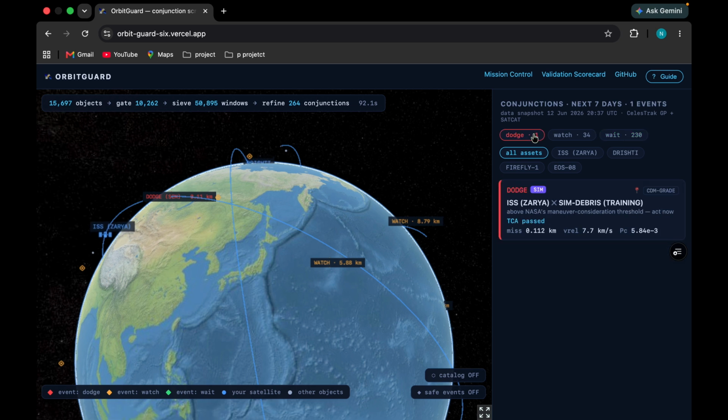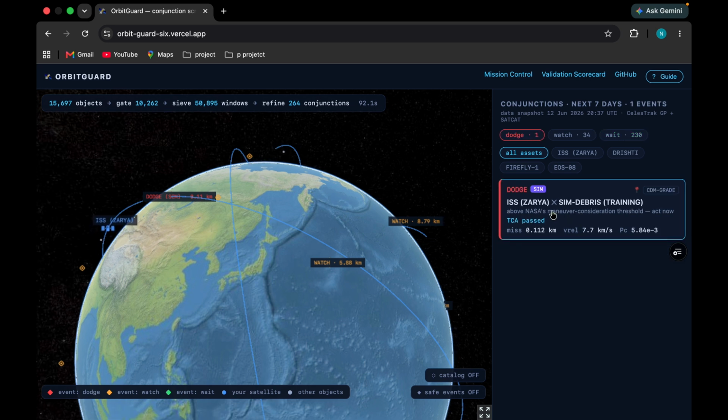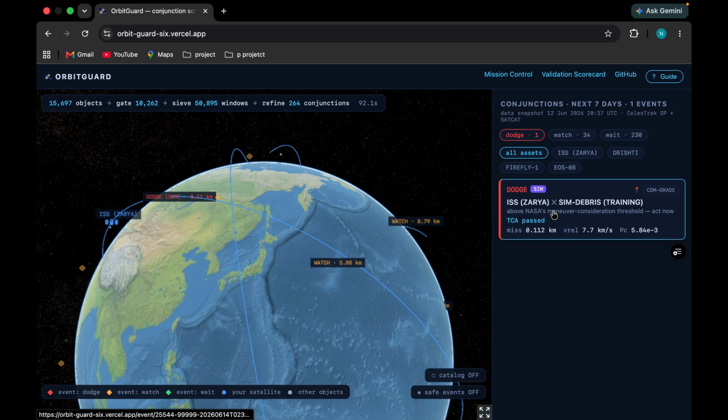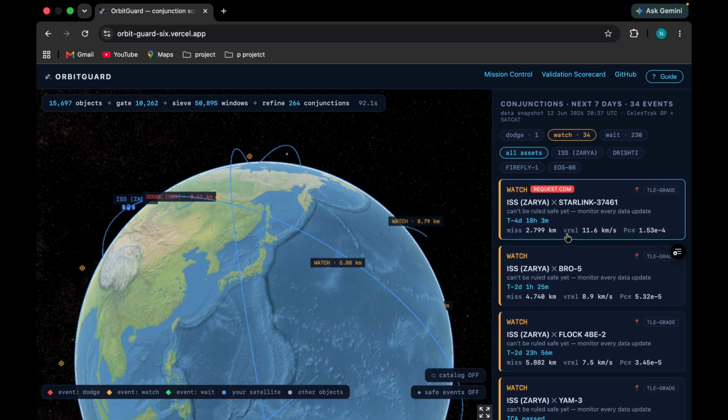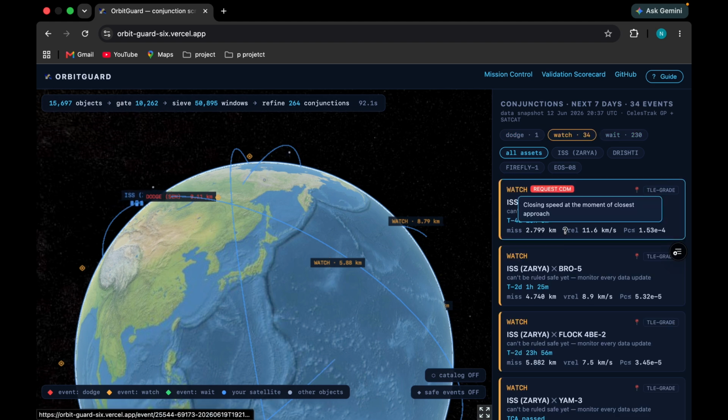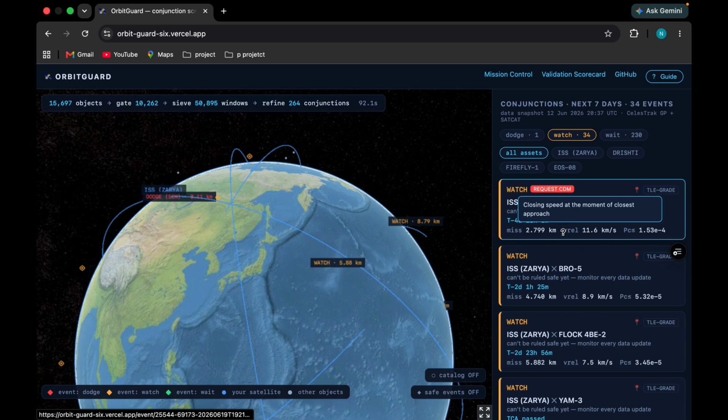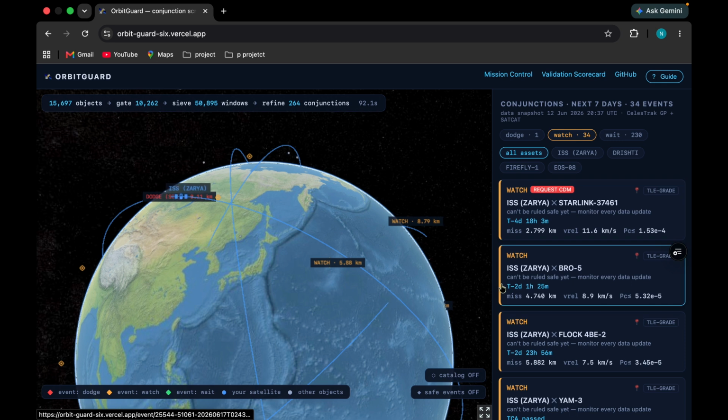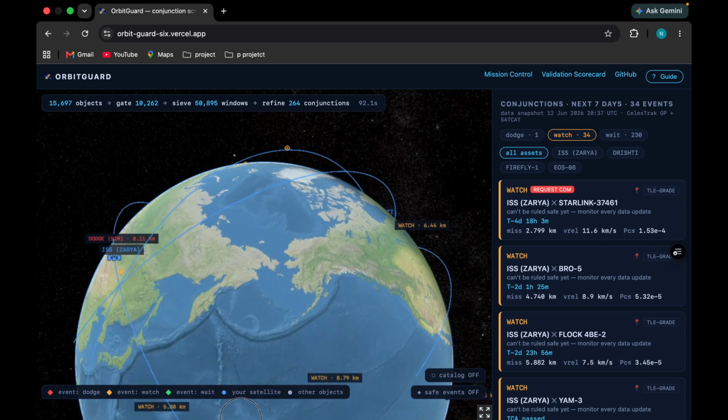Red is the dodge, that is above the NASA threshold where you should actually consider moving your satellite, and amber is in the middle. It is a watch, which means we cannot rule out the risk yet, so keep monitoring it. Let me open a watch case so you can see exactly what that means.